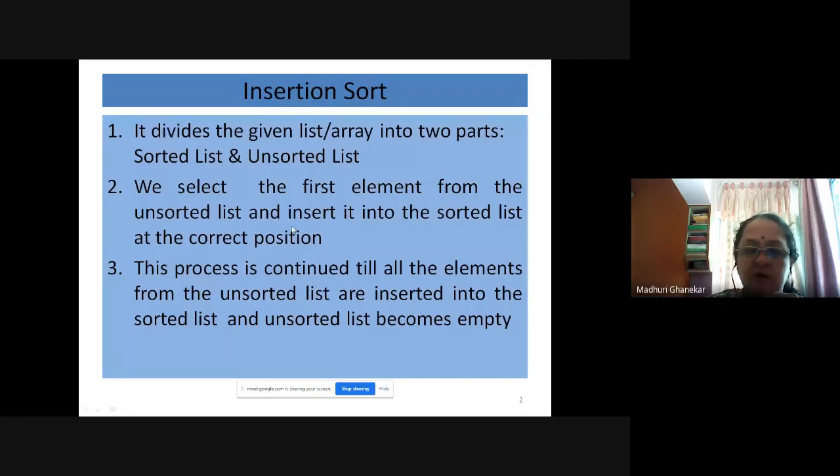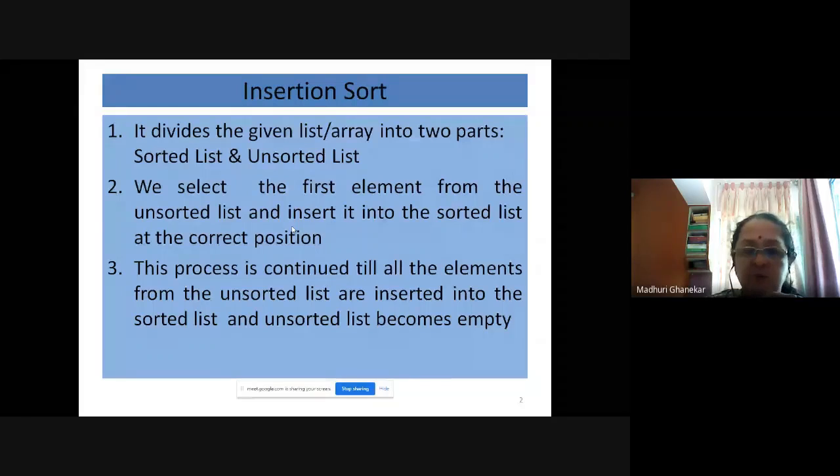In the given array or list or whatever data structure you are using, we will make two partitions. One we will call sorted and the other we will call unsorted.